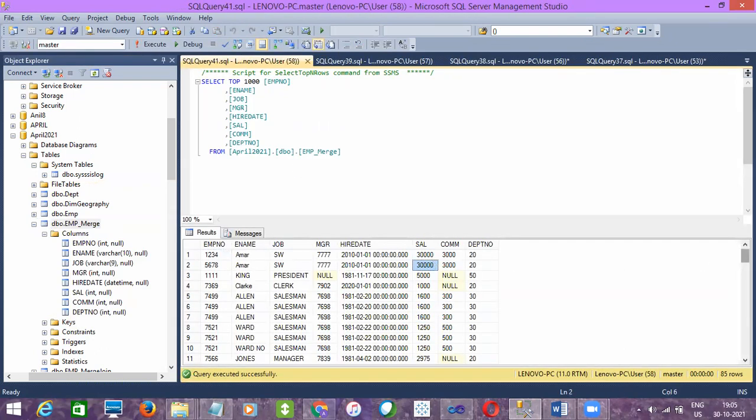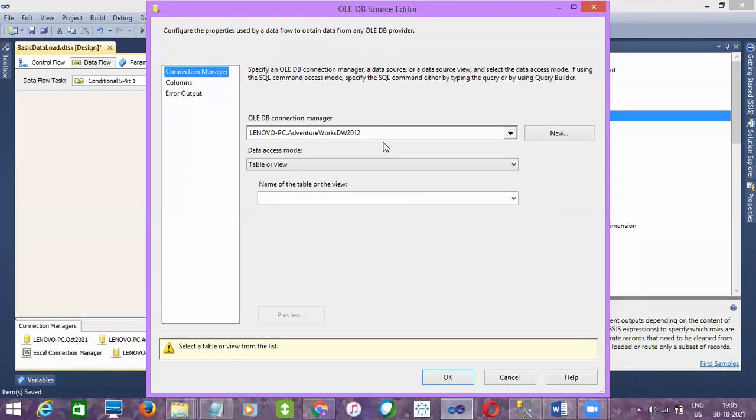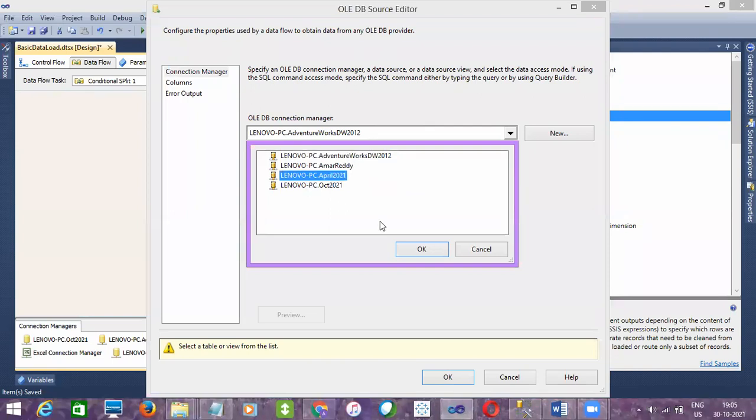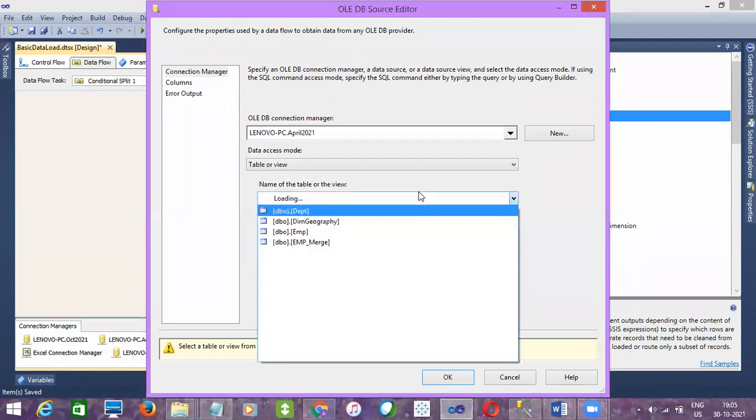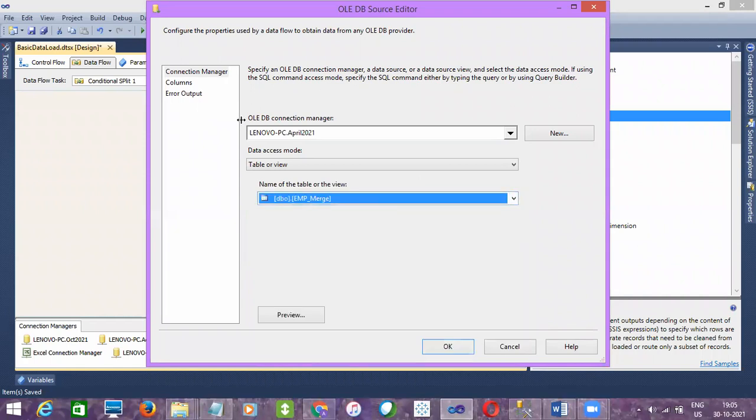I think here we have much data, and then we'll see. So I'll take this table as a source in the April 2021 database, and the table name is EMP March.